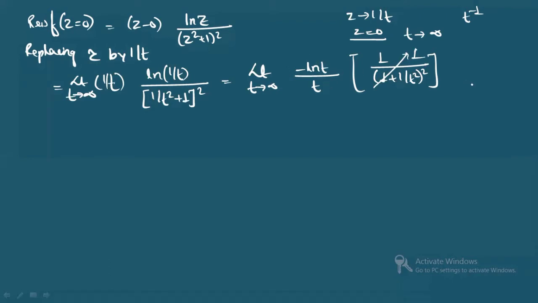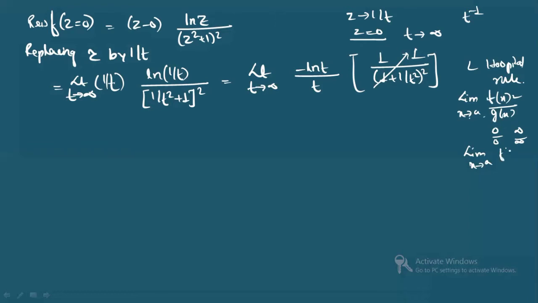So this type of limit problem, it is solved by what? L'Hopital rule. Okay, if you have any function which is having limit x tends to a, and it is in the form of f(x) by g(x), and when you put x tends to a, if you get the form of 0 by 0 or infinity by infinity, then how you will solve this type of limit problem? Limit x tends to a, and if these f(x) and g(x) are differentiable, then you will write f prime x by g prime x, and just put the limit. Okay, this is the L'Hopital rule.